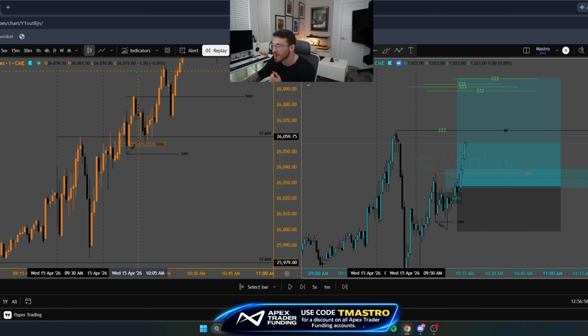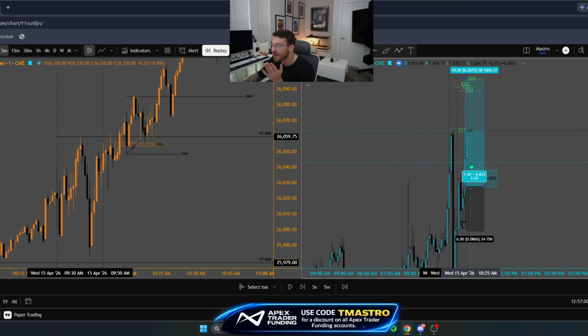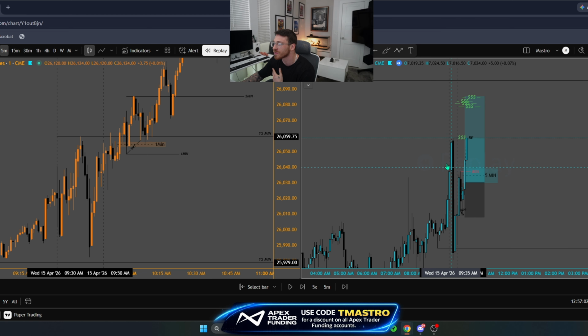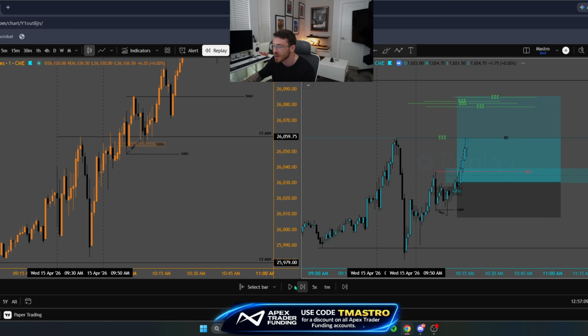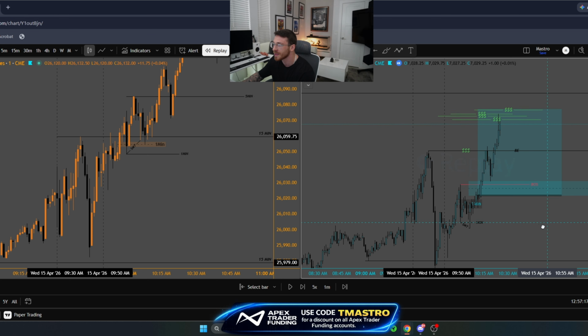Price action starts pumping. What do we get? We get a 5-minute break of structure to the upside. We form a 5-minute bullish fair value gap once we take out this high. I move my stop loss to a little bit below this 5-minute fair value gap to let the trade run. We end up getting that pullback that is expected. Once we start breaking above this high again, I put my profits to break even, right?